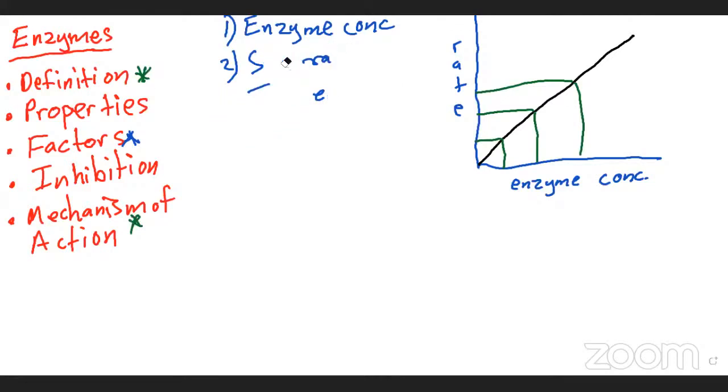So we are doing enzyme concentration. So there are 2 things that you can be asked, right? You can just be asked to state the effect of enzyme concentration and rate. So if you're asked to state the effect, you do not offer any explanation. All you need to say,